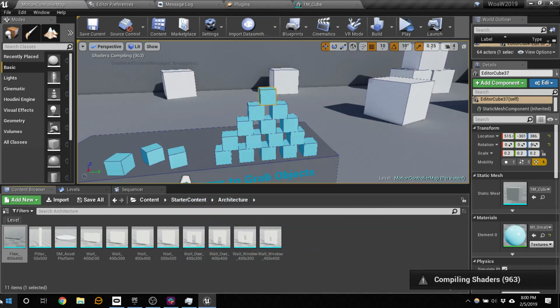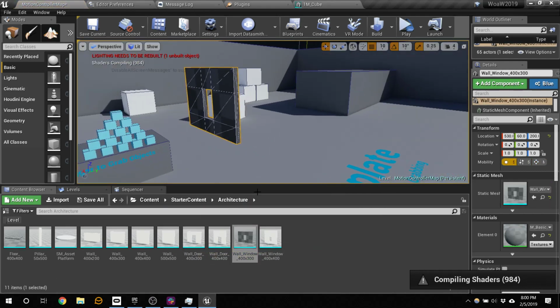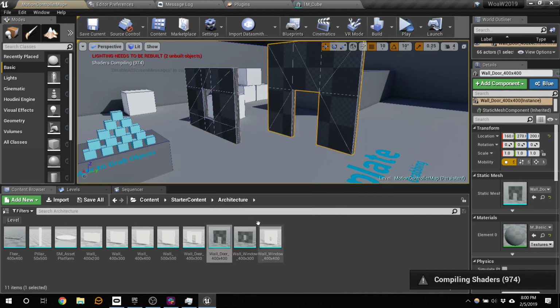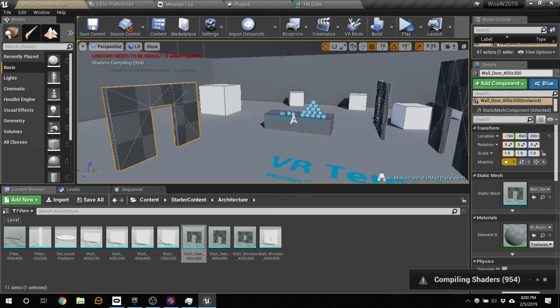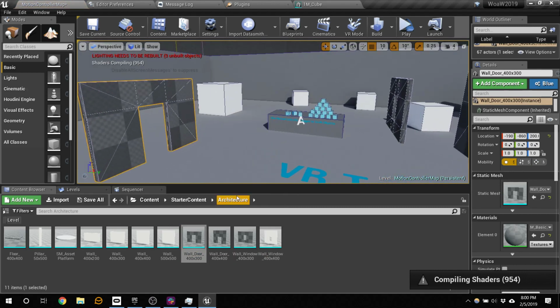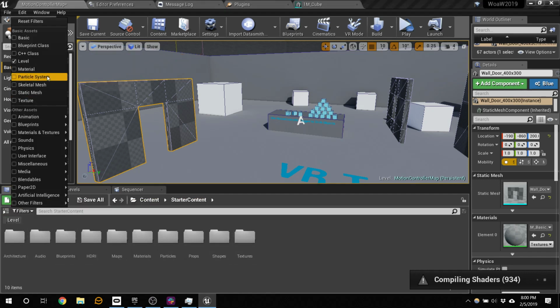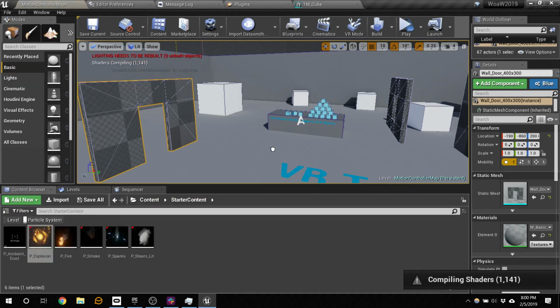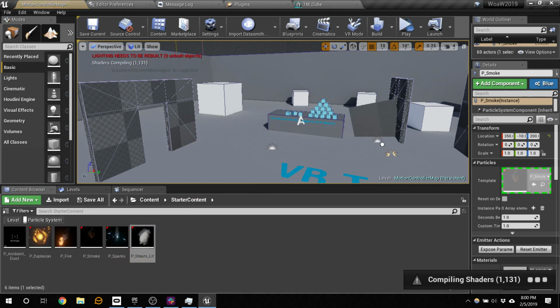So now look, we have all this stuff. We can build a little house, right? This is content from that starter pack. So whenever you build whatever little world you're going to do today, this is what I was saying. Your room building, not world building right now. It's got this kind of stuff, but it's also got a filter by particle systems. So now we're playing with fire, right? Smoke, steam,